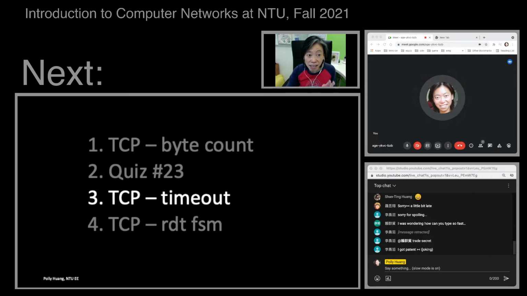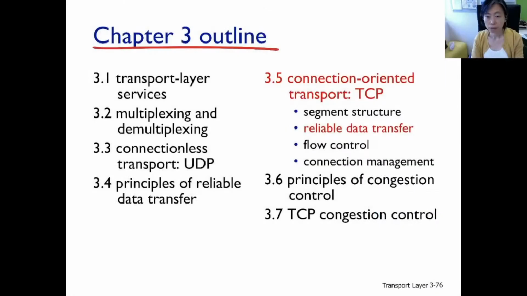So this will be the next two videos about, and let's start from the first one. Now with the fundamentals of TCP packet format, TCP being bidirectional, and we're actually counting bytes instead of packets. So with these out of the way, we can now come back to talk about the reliable data transfer mechanism implemented in TCP.